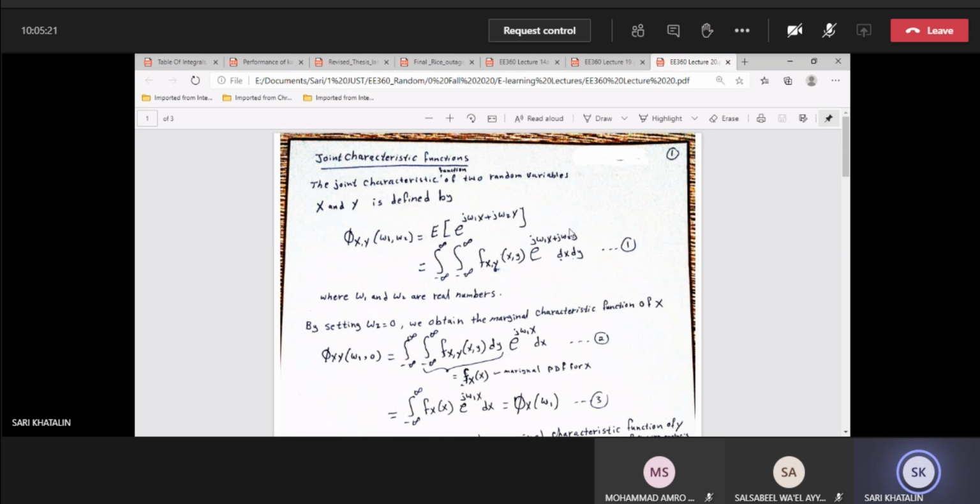So as you see here on the screen, the joint characteristic function of two random variables X and Y is given by this equation, which is the expected value of the exponential of j omega 1 X plus j omega 2 Y. And obviously, we can find this by taking the double integration of the joint PDF of X and Y times the exponential of j omega 1 X plus j omega 2 Y. And of course,